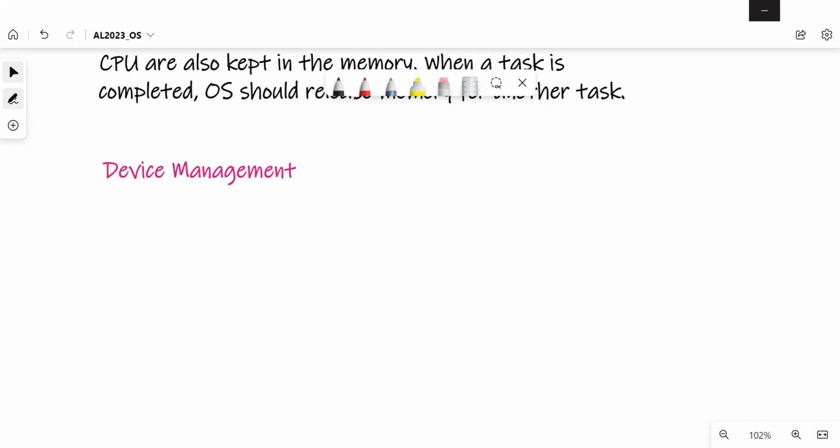In some cases, you don't need any special software. You can plug in and work with the device, and this is known as plug and play devices. Okay, so let's write down device management.